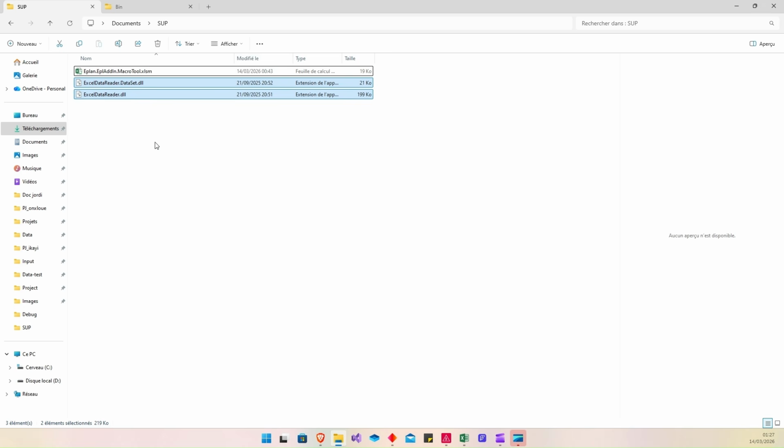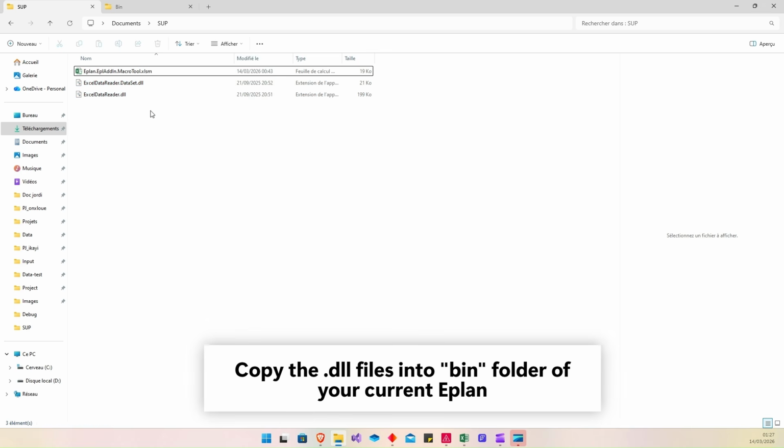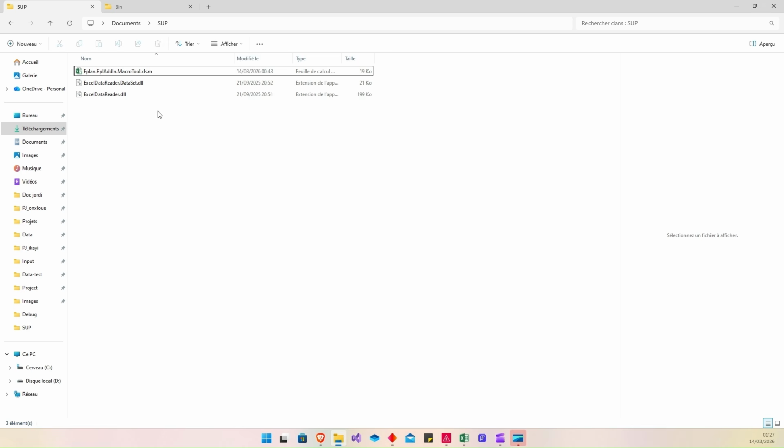Why? Because this is an external library that allows ePlan to read Excel files. And because it's an external library, ePlan needs to load it. That's the reason why we need to copy and paste this DLL file into the bin folder of your current version of ePlan.